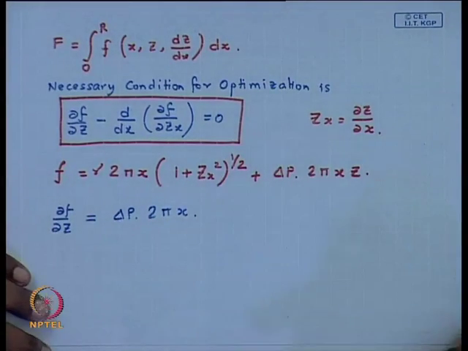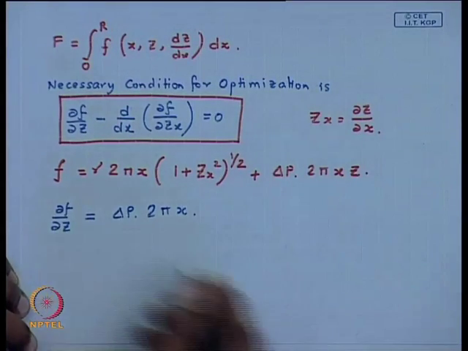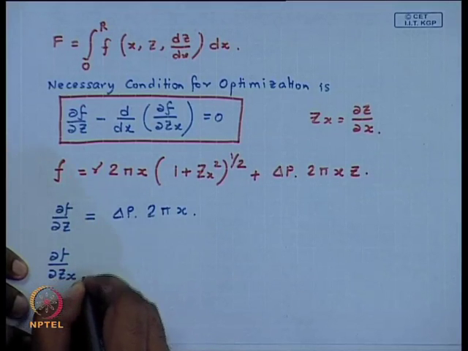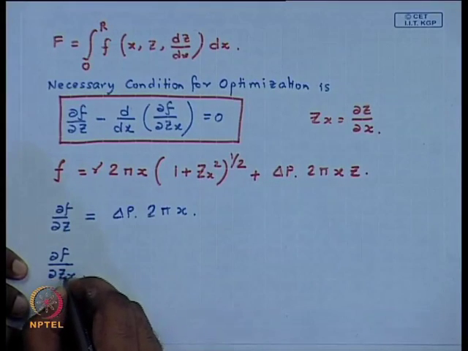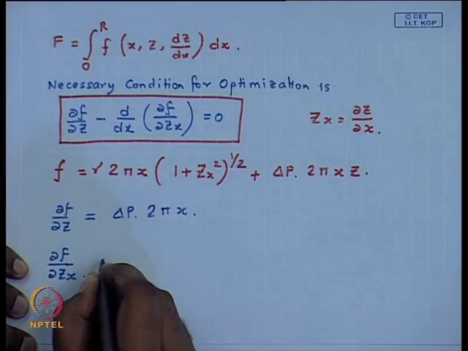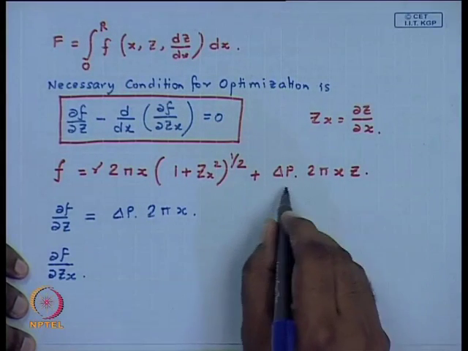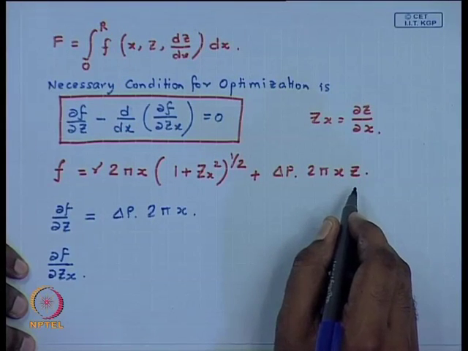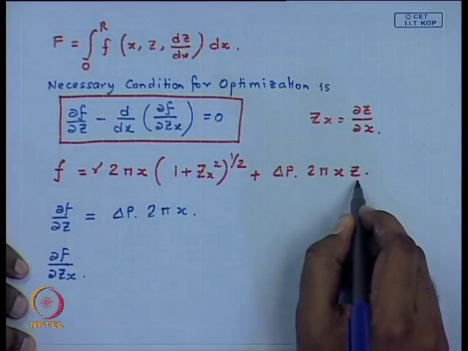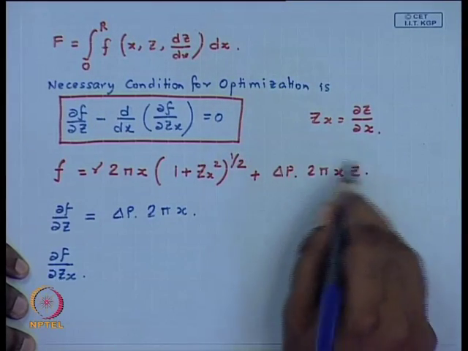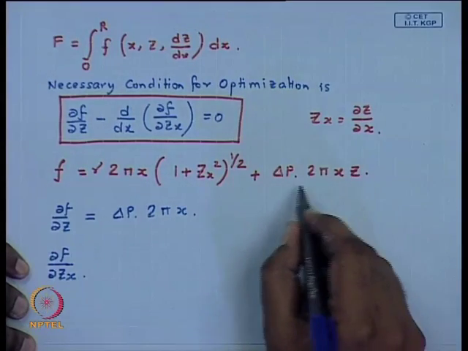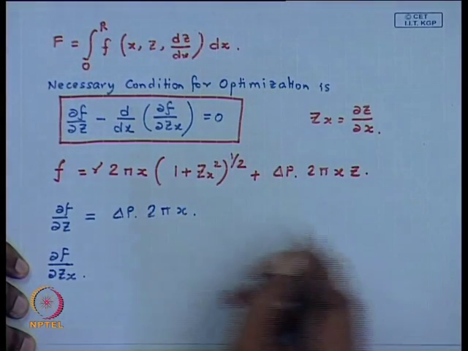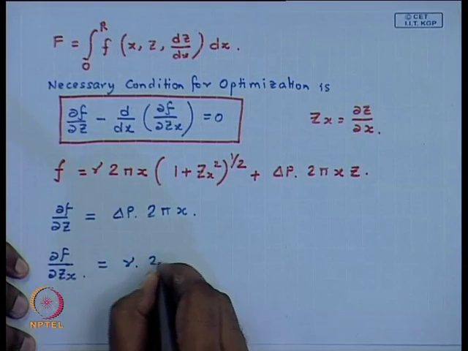Okay. Now, let us look at the other term we will be needing, which is del f del z_x, right, and this turns out to be. Here, if you see in the second term, none of the terms are functions of z_x. Okay. z is a function of x, but none of the terms are functions of z_x. So, if you try to find a partial derivative with respect to this z_x, this does not contribute. So, what contributes is this particular term, and so the expression eventually turns out to be